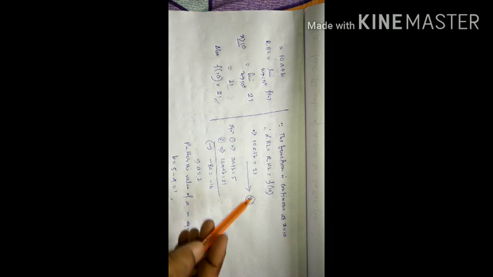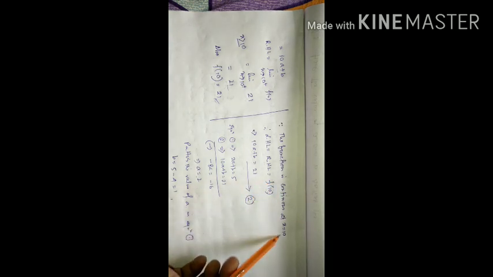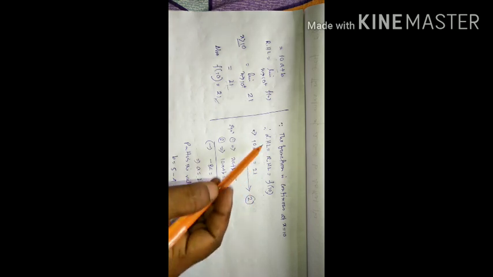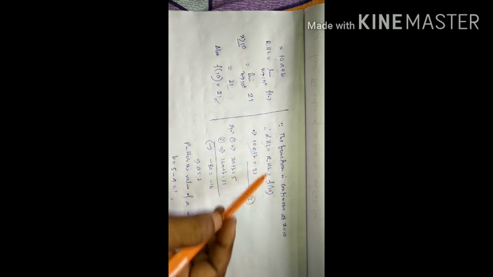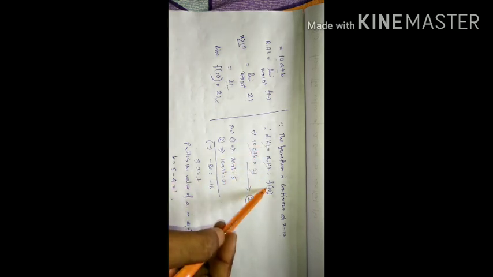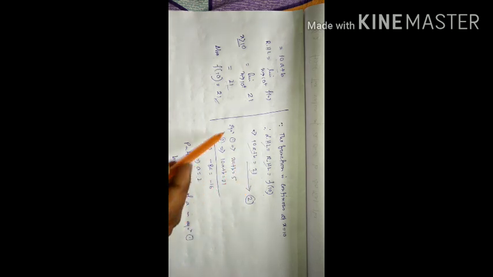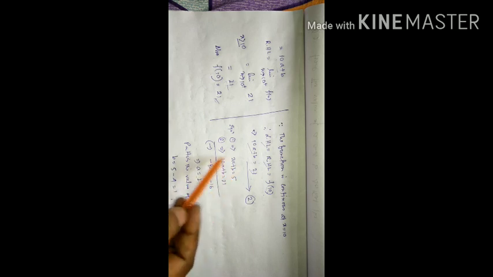Now the function is continuous at x equal to 10, so the left hand limit is equal to the right hand limit, which is equal to f(10). The left hand limit is 10a plus b, the right hand limit is 21, and f(10) is 21, and finally you get this equation 2. Now you solve these two equations, 1 and 2, and you will get the values of a and b. I am not going to show how to solve; these are school level problems. Finally the result for a and b is 2 and 1.